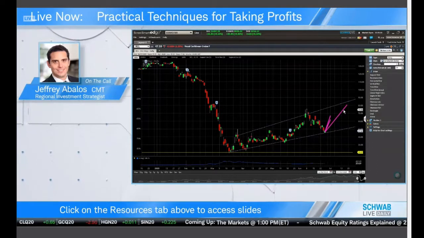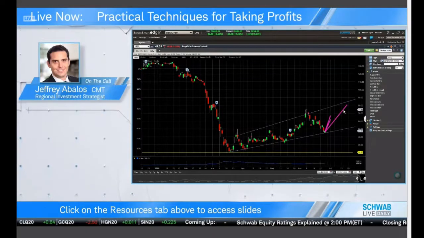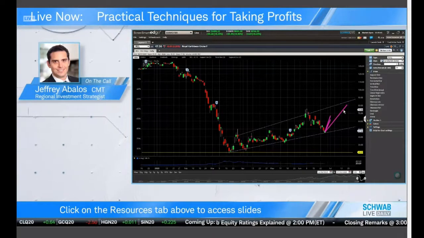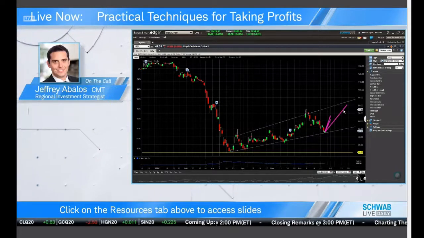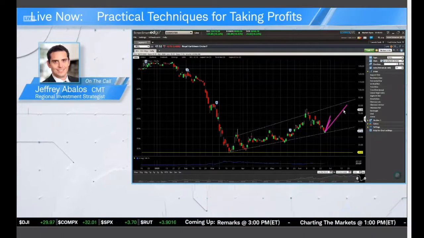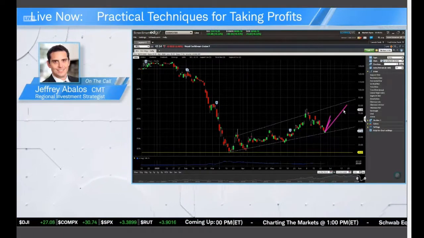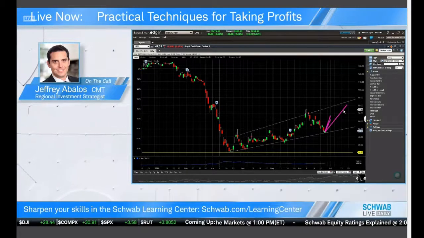This one's coming from Jeremy. Can a trailing stop be set as a stop limit, or is it strictly a market sell? Great question. It is strictly a market sell. Once it hits your stop price, you are out. Next question. I used a trailing stop and it got executed, but then the stock price went up again. All this happened intraday. I called Schwab and was advised to take into account average true range.